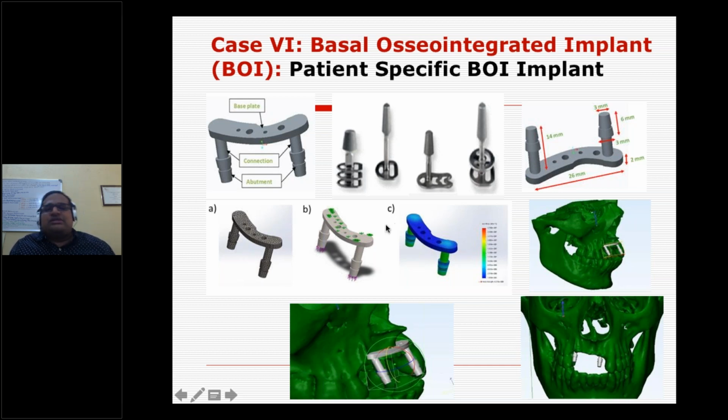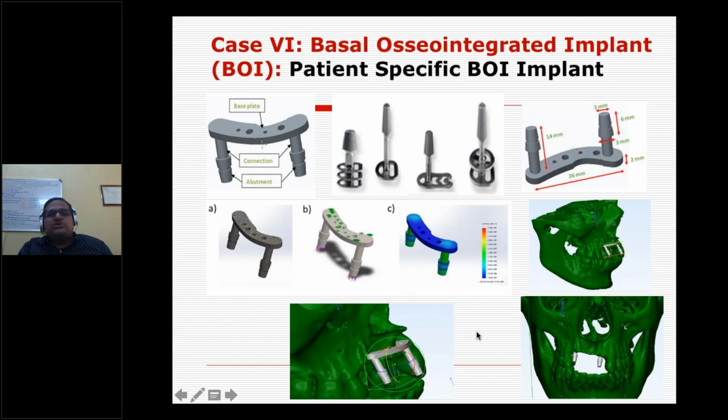And of course, to check for failure under normal biting and chewing forces, a Von Mises stress analysis, an FEM analysis, was conducted to see whether any failure of this implant happens under the maximum boundary conditions.